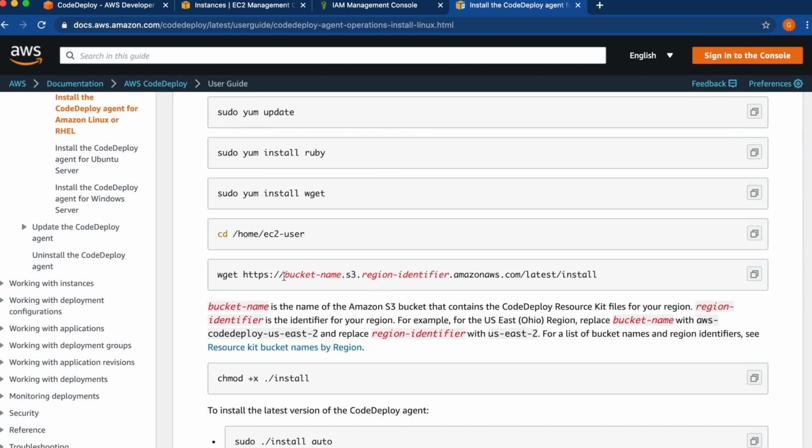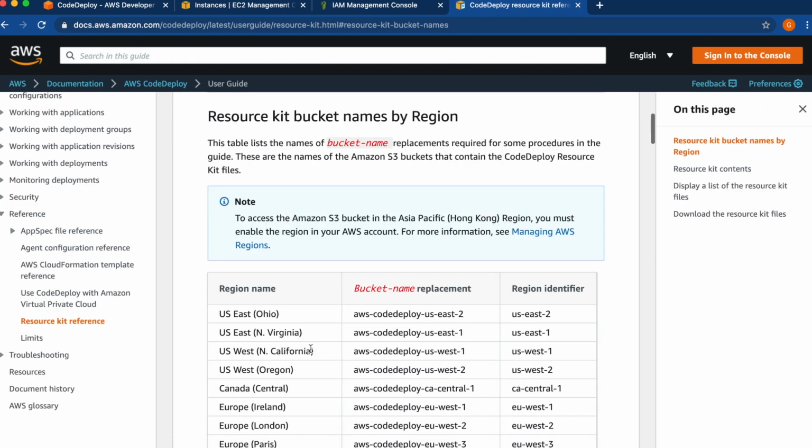And here you can create your command, like the wget command to get the installable. You can just go here and identify the region, whatever region you are in, just choose that, and the bucket name, you can go here and see what bucket it is using for your particular region. So this is the bucket name for this region. We are using US East 1, so I just use this bucket name. This is how AWS has kept the installable. You just get it from there using this command.